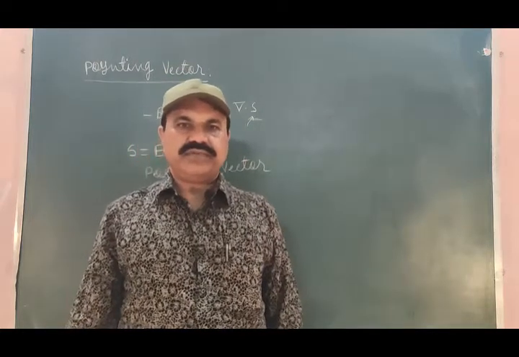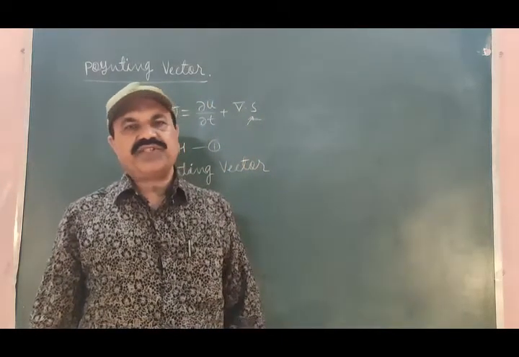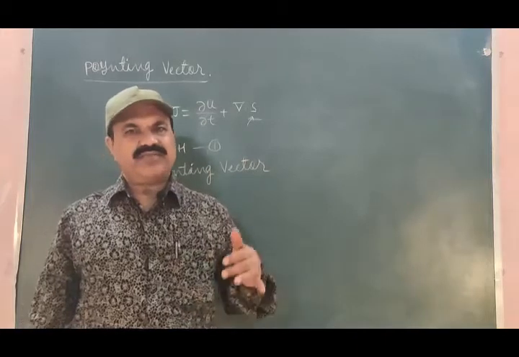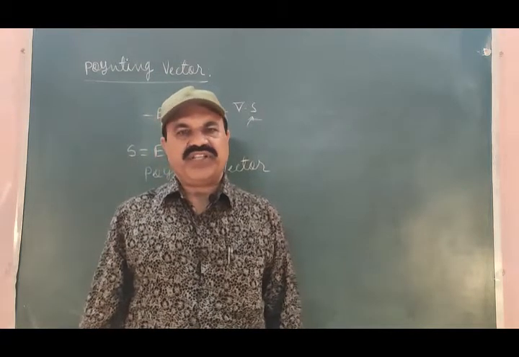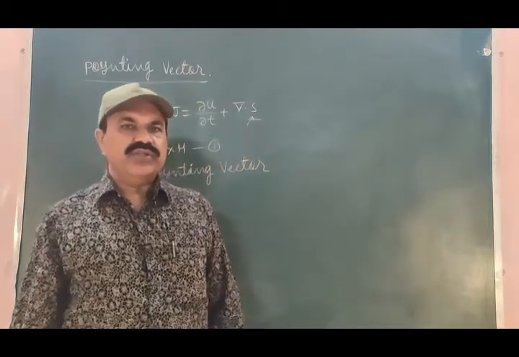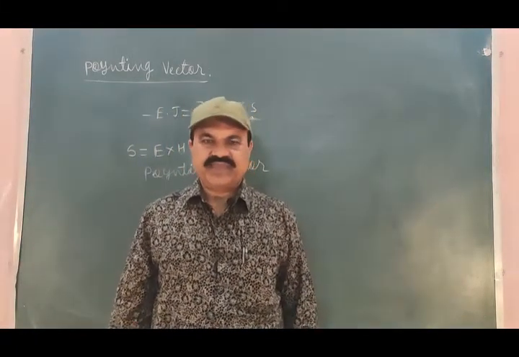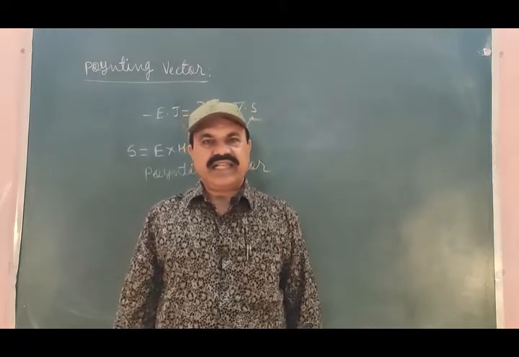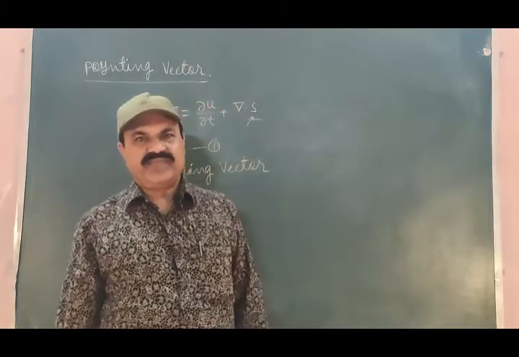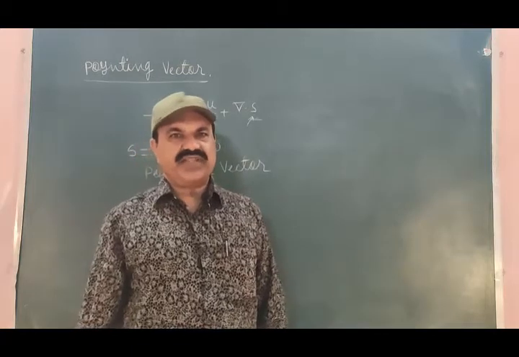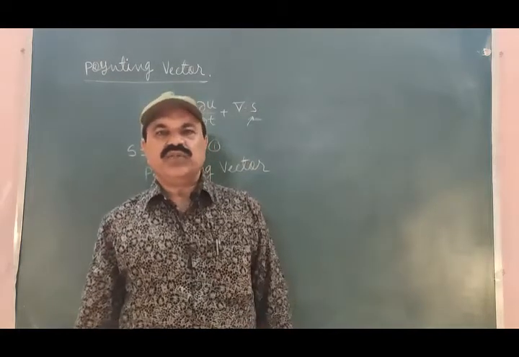propagation of light is used. The conception of propagation of light is used for explaining the Poynting vector. We know light is electromagnetic energy. It has an electrical component E and a magnetic component H. Both fields are present when light flows from one place to another through a certain medium.